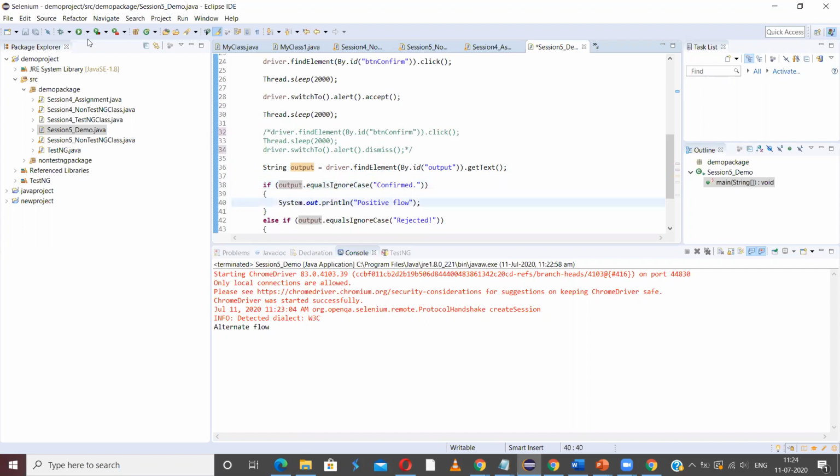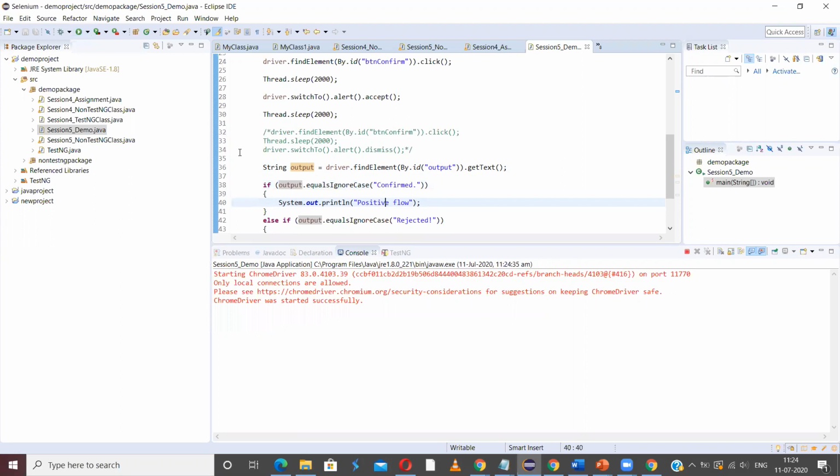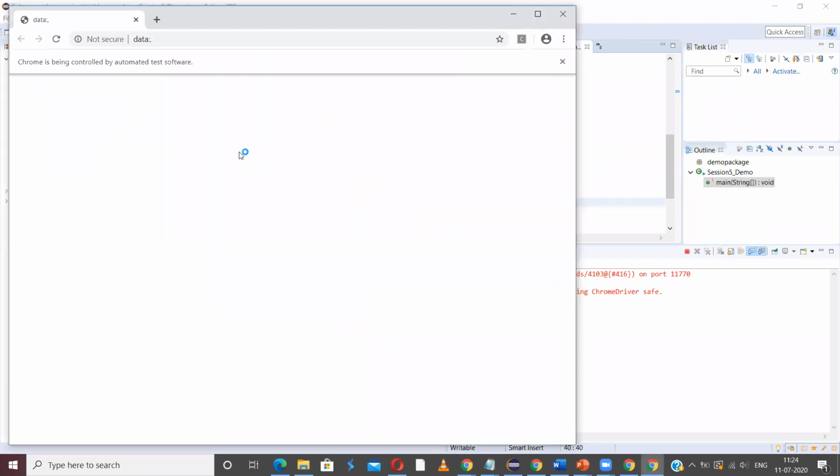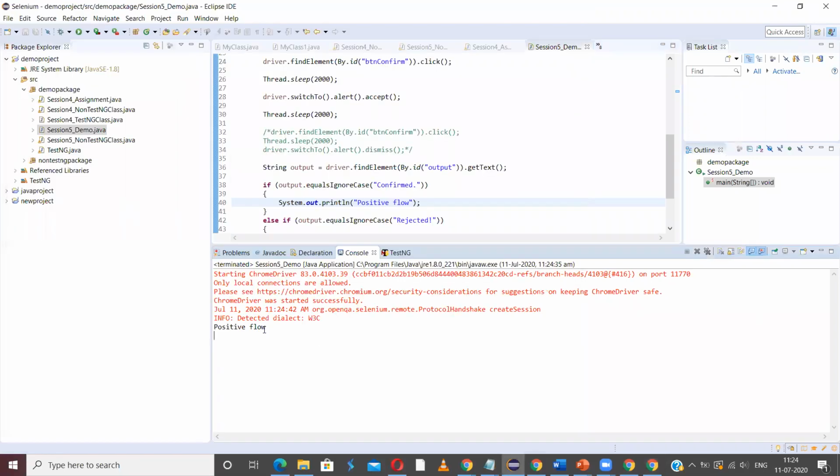Let me run this one. Now the user is going to click on OK. OK returns the confirmed text, and this confirmed text is being verified against the expected value, which is confirmed, and then it should take the positive flow. So that's why, see here, positive flow is printed.